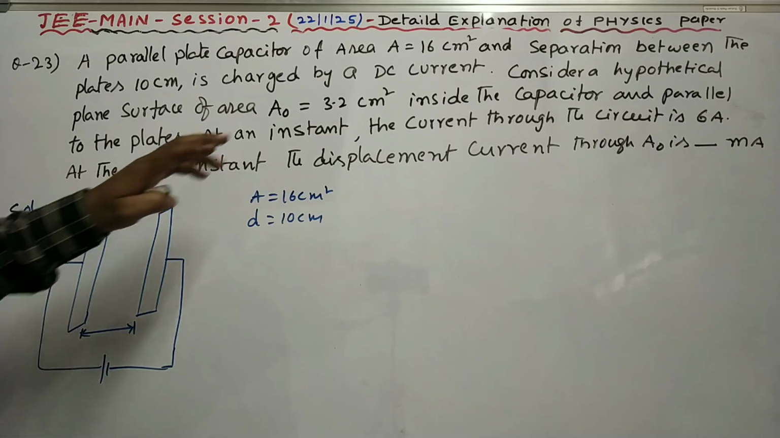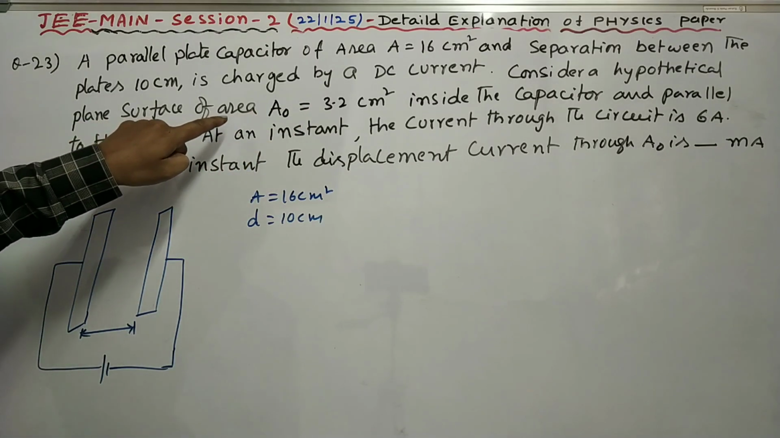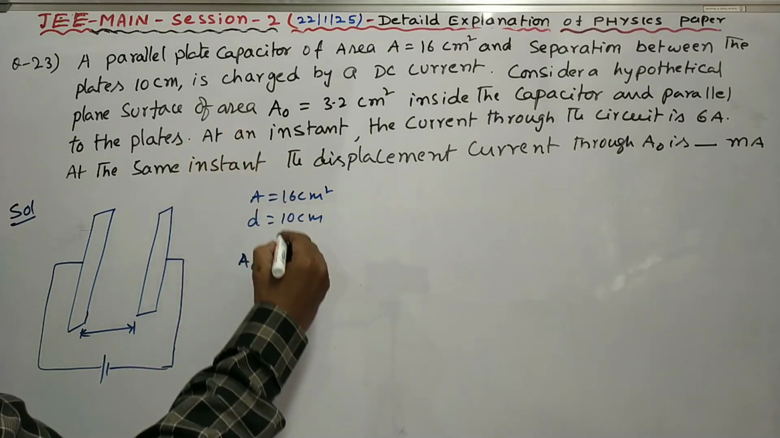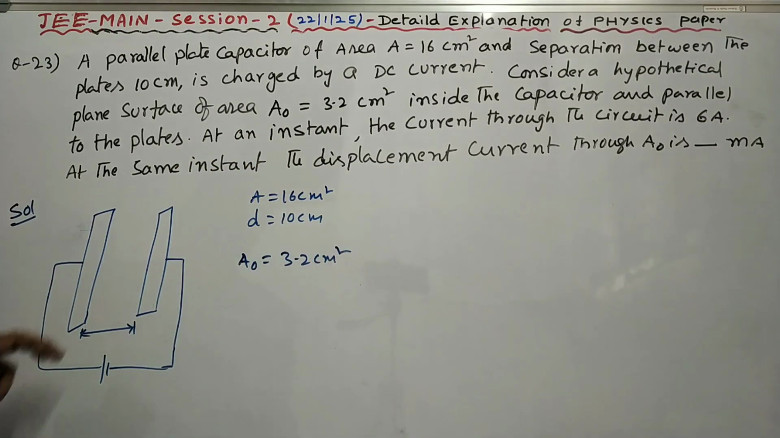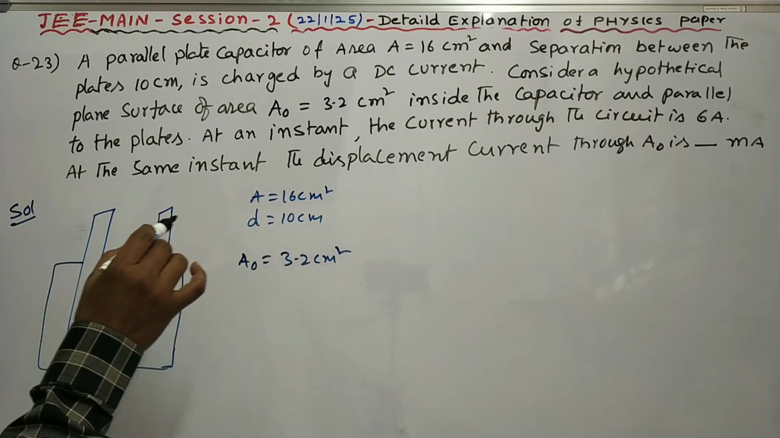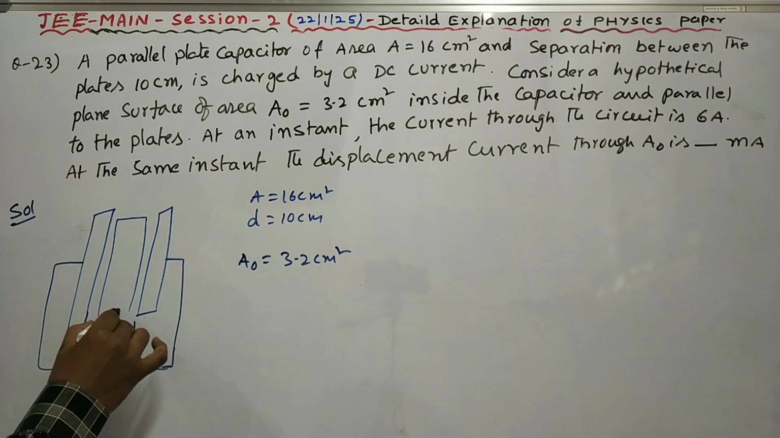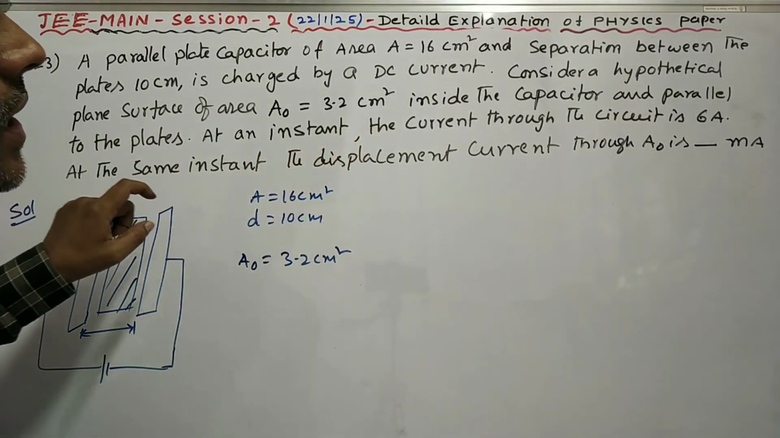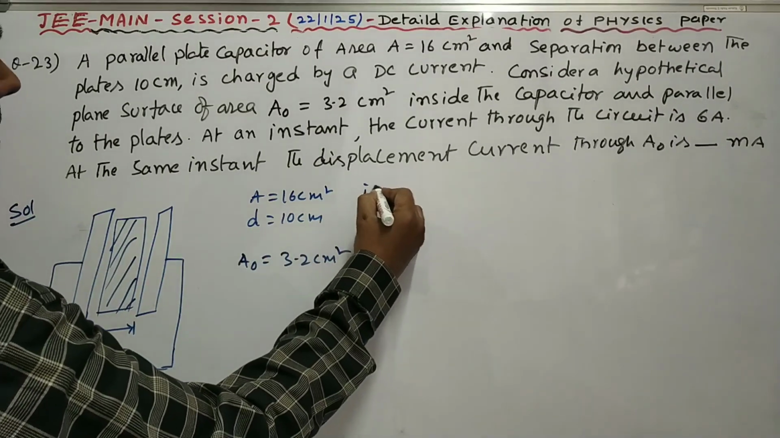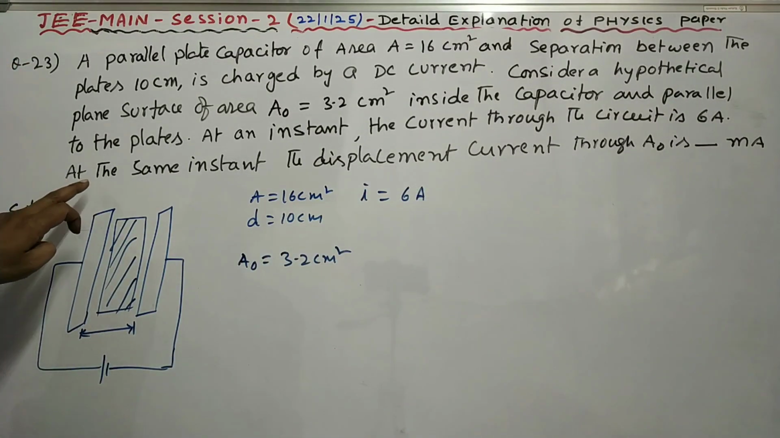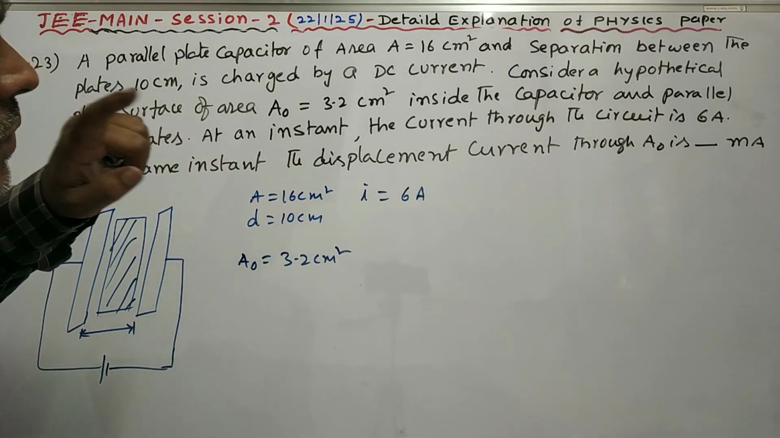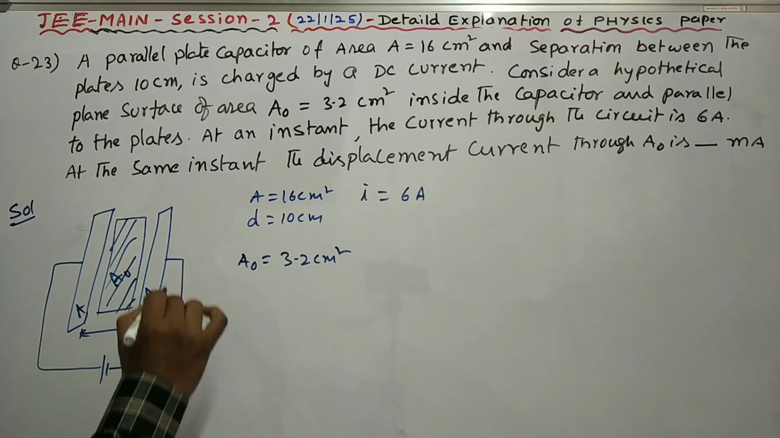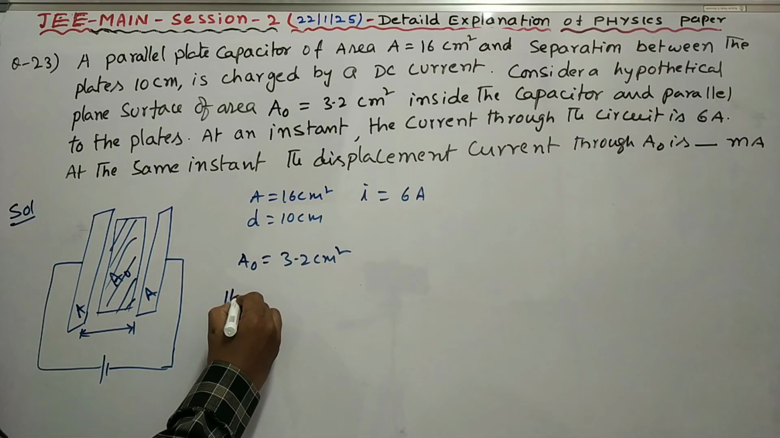Consider a hypothetical plane surface of area A0 equal to 3.2 centimeter square inside the capacitor plates, and parallel to the plates. At an instant, the current through the circuit is 6 ampere. At the same instant, the displacement current through A0 is asked. This is A, this is A0. You know, the displacement current